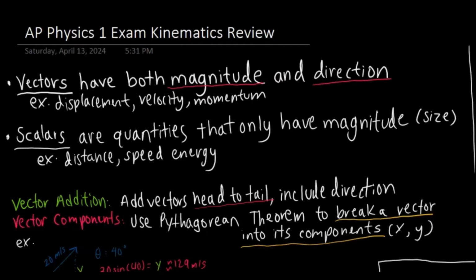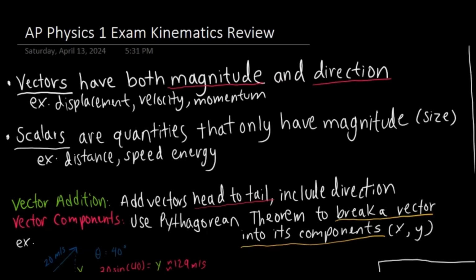The first thing we have to recognize is some basic things regarding physics foundation. We need to be able to recognize the difference between a vector and a scalar. Vectors have both magnitude, or size, and a direction. Examples of that would be displacement, velocity, momentum. Scalars are quantities that only have magnitude, so you don't have to specify direction for them, like